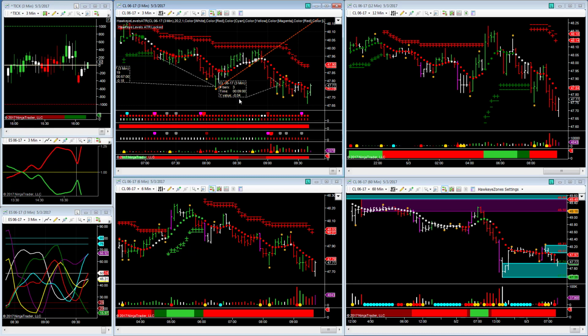Looking at the setup, I followed my rules. I did everything exactly the way I was supposed to do. Even if I was stopped out with a loss, it would have been a successful trade because I followed my rules, and I executed it with precision. And that's the idea behind that. See, notice each one of those new price bars that extend down are coming in with green buying volume. You see that?